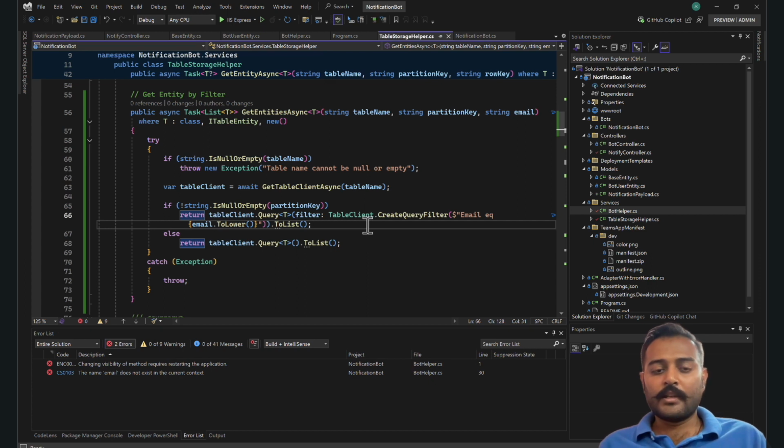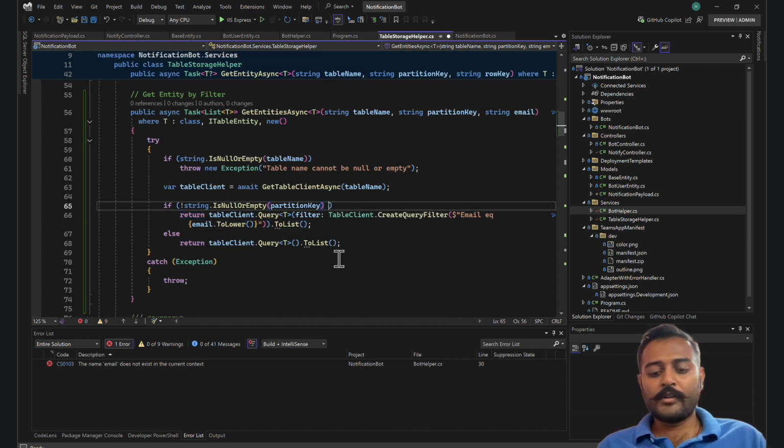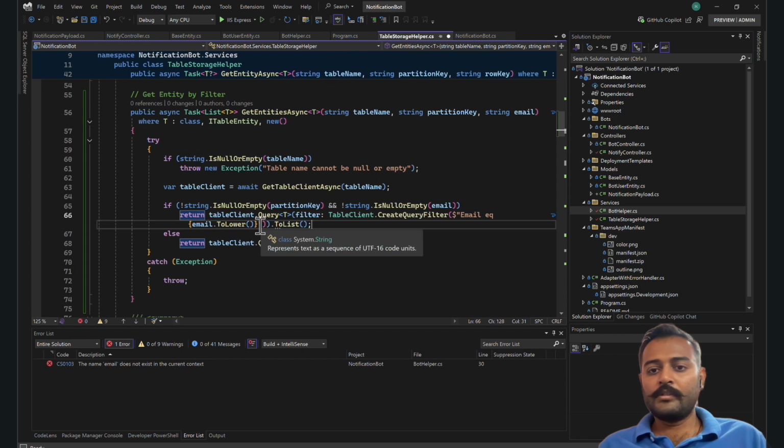It will not be a list item. Is null or empty, and even string dot is null or empty, that is email. Even this should not be null or empty. Create query filter,